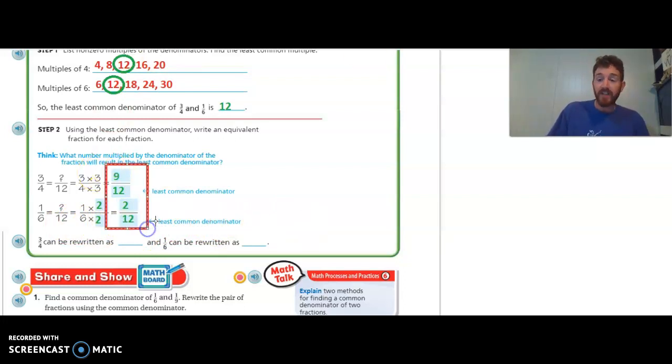Now we've got common denominators. So again, the goal is to take these fractions 3/4 and 1/6, and eventually for us to be able to add those up, we need to find common denominators first. So what we do is find equivalent fractions. 9/12 is the same as 3/4. 2/12 is the same as 1/6. But now what I've done is I've got 2 fractions here that have common denominators. So your goal today, as you work through some problems, is going to be to find the common denominators versions